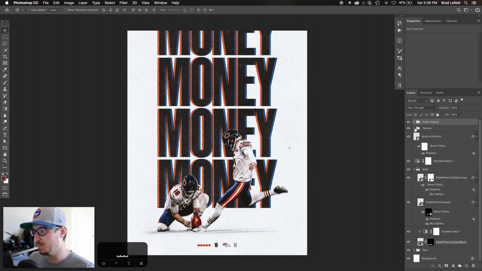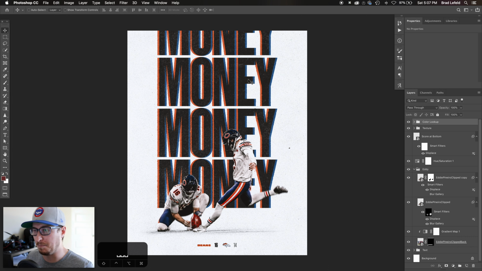So pretty simple. It's just a clipped out photo I found that I edited of Eddy Pineiro and Pat O'Donnell. Again, if you want to know how I edit photos, you can look at my video on how I edit photos in Lightroom before I throw them into Photoshop. Same thing would work in Camera Raw. The settings are all the same, so you can just do it in Camera Raw instead if you'd like. Not a big deal. Put them in the scene, just have a quick lockup of the score at the bottom, and then sort of a dynamic, sort of glitchy but not really, channels affected